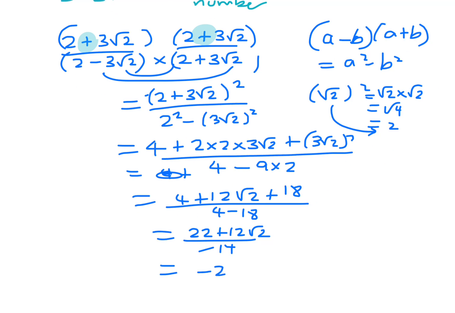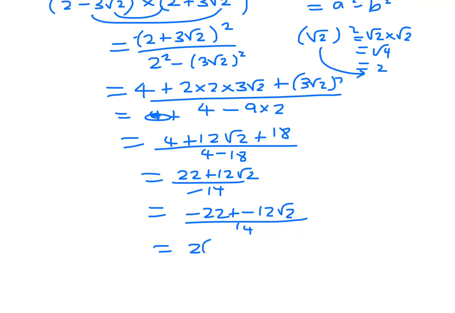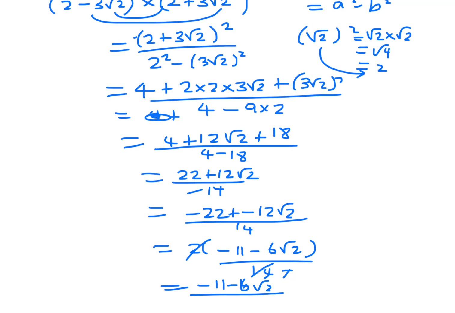You can change the sign on the top, over 14, and then there is a factor of 2. So let's just take the factor of 2 out. That goes into the 7, and that's your answer. So we're going to apply the same sort of strategy